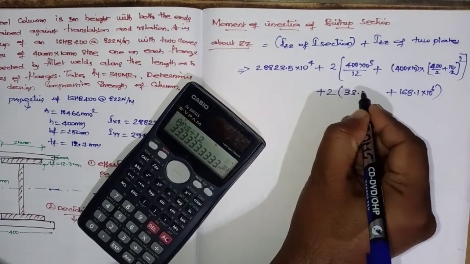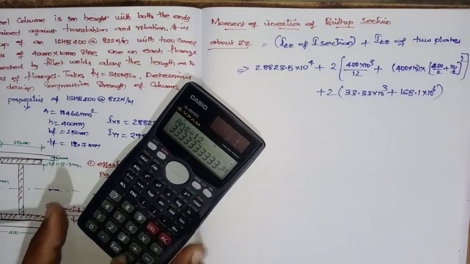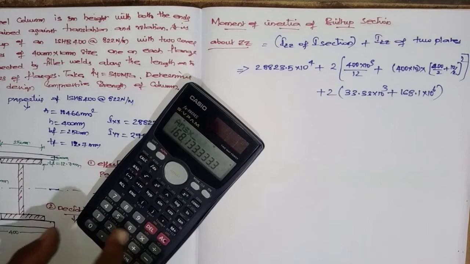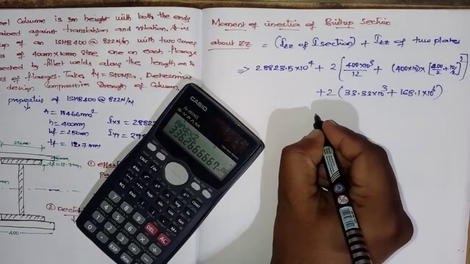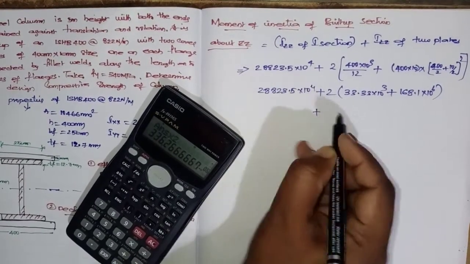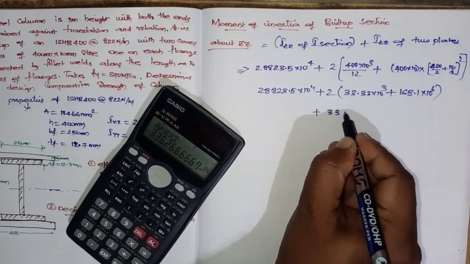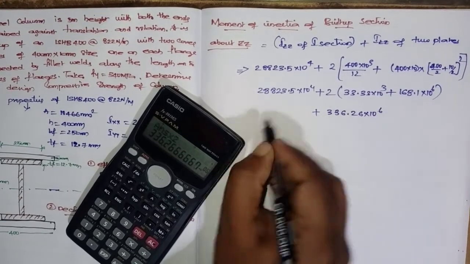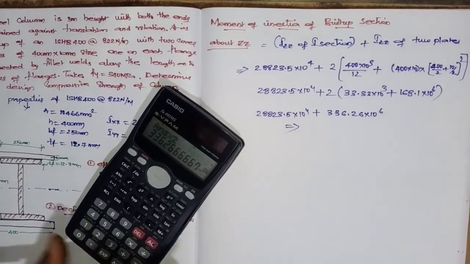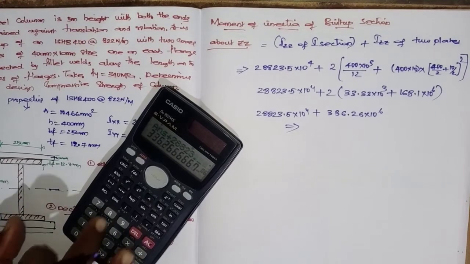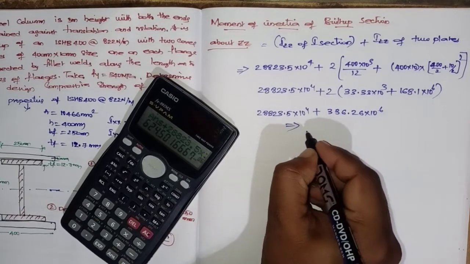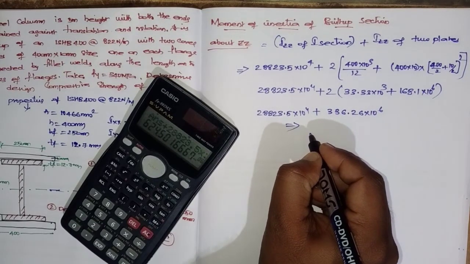So 33.33 into 10 power 3. So if I club these, 168.1 into 10 power 6 into 2, this will remain the same. I am doing it stepwise. So 336.26 into 10 power 6, 288 23.5 into 10 power 4 plus 288 23.5 into 10 power 4. Now whatever you are writing, you have to mention here clearly in terms of